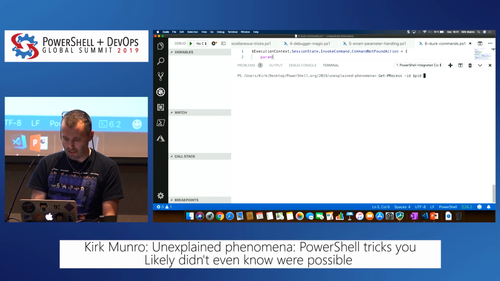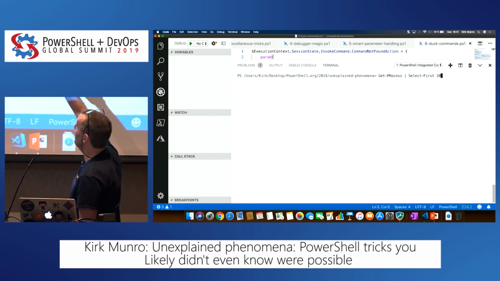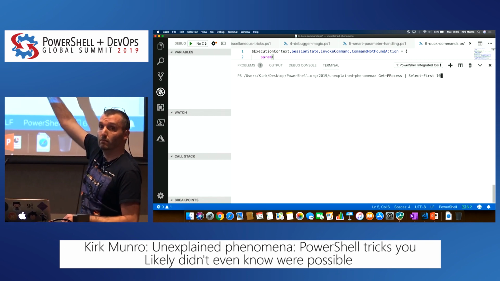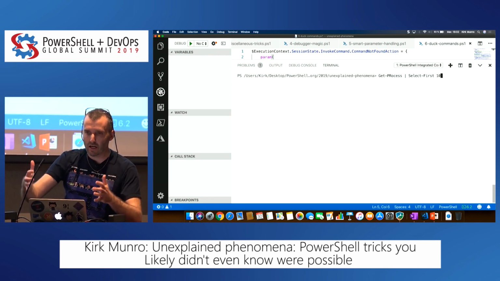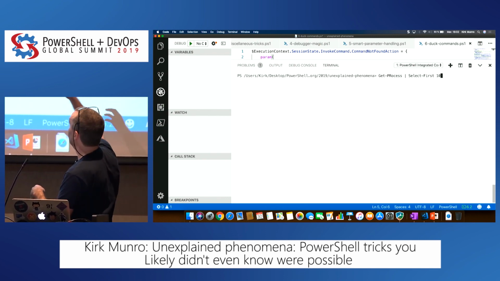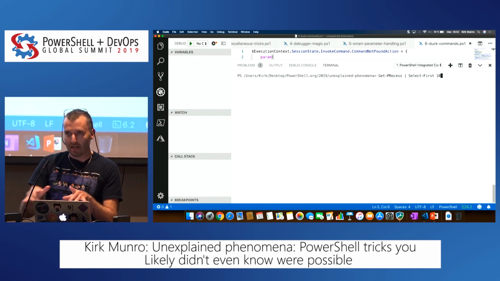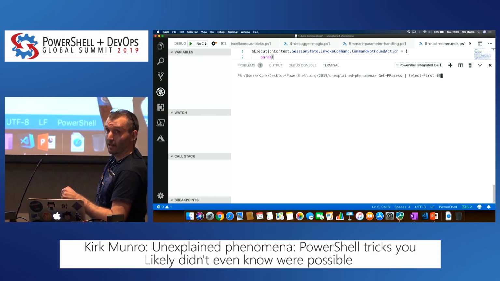And now let's pipe that to select, no, actually not do ID PID. Let's get all the processes. And I'm going to look at the select dash first 10. So you see what I did there is I'm piping Get-Process to selectfirst, which is not a command. Selectfirst doesn't exist. But we're so used to, with the object noun commands, just typing in foreach or where or select and not typing in the rest. And instinctively, when I'm typing, I won't put the space between the alias and the parameter.